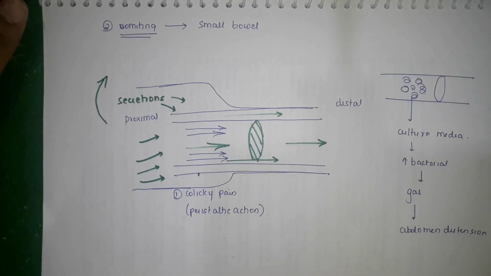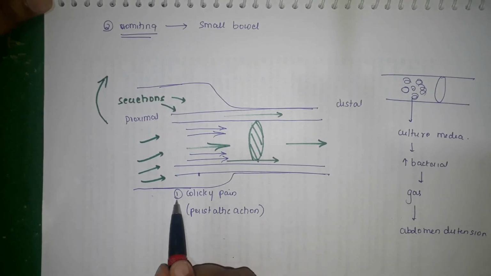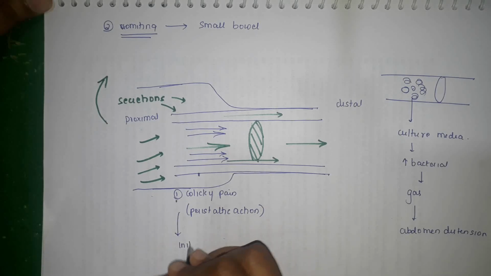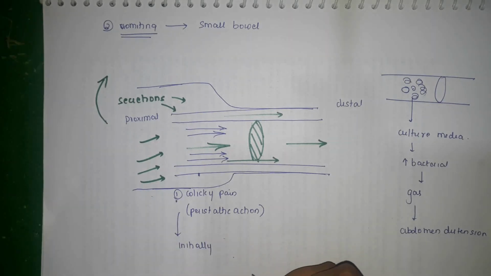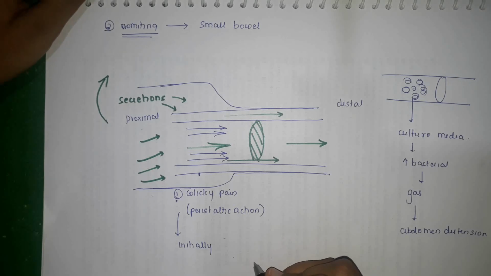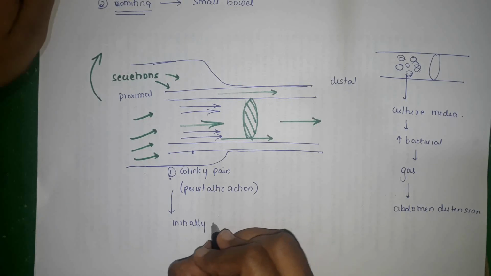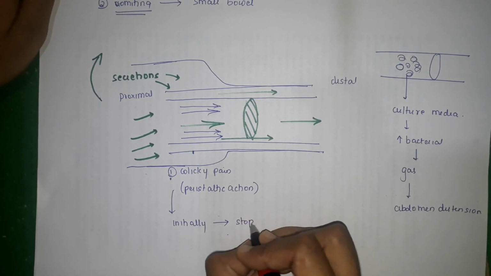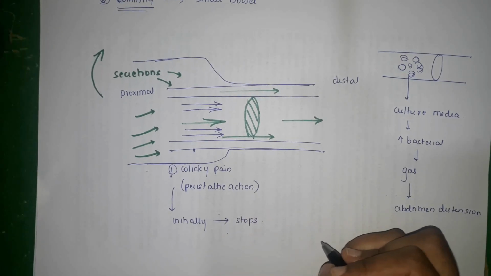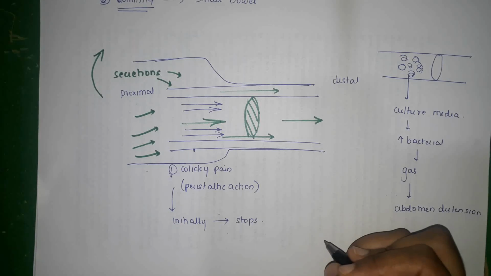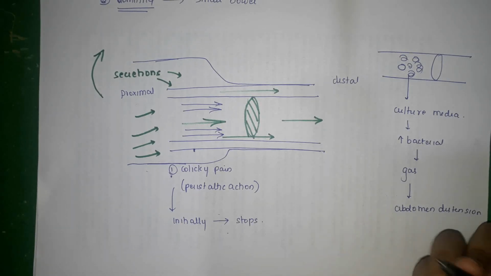So two things you should remember. This colicky pain is present only initially. The proximal segment of intestine tries to overcome the obstruction, and that is why there's colicky pain. But once the obstruction is not overcome, this peristaltic action stops. So in a patient where there is a history of colicky pain and now there is no colicky pain, you should never rule out intestinal obstruction. It does not mean that the danger has stopped. It means that the danger is still present, and you have to evaluate very properly and act very quickly, because